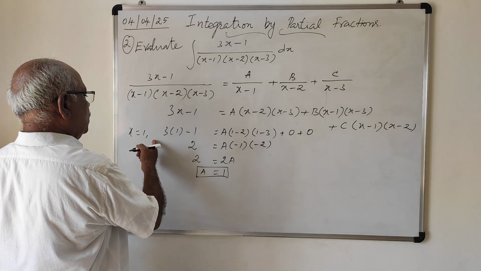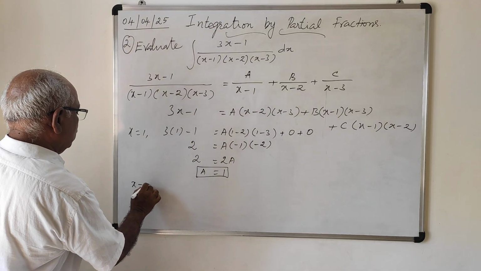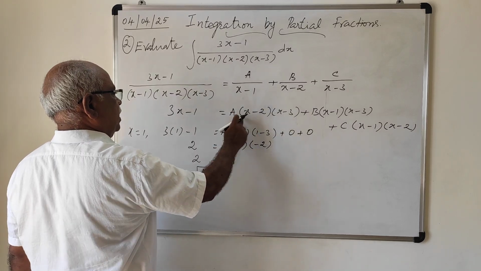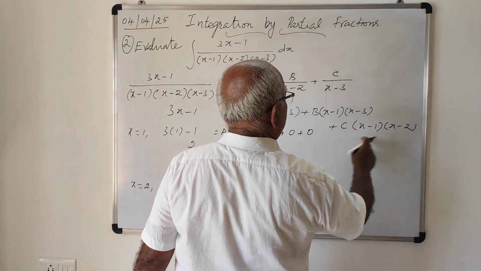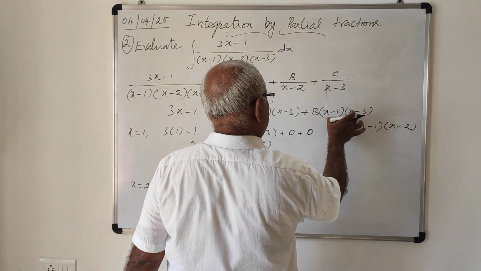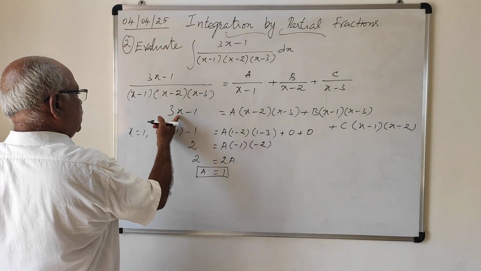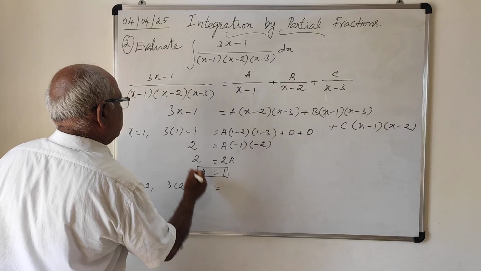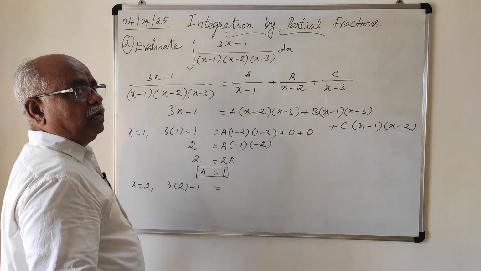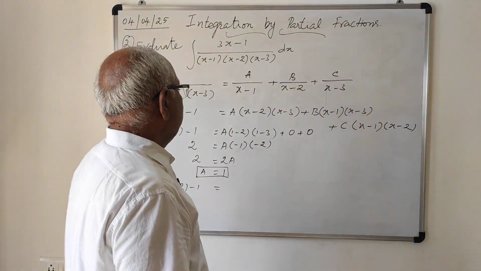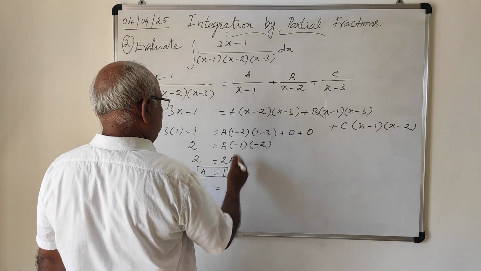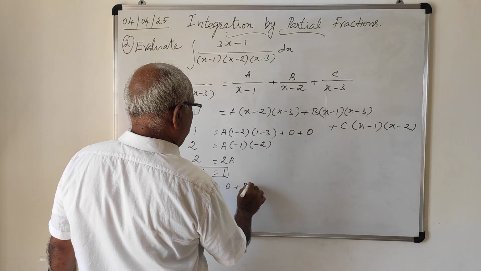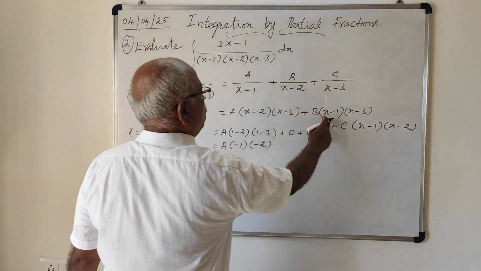Similarly, substituting x equal to 2, the term a becomes 0 because 2 minus 2 is 0, and the term c is also 0, so you will get only the b value. So if you put x equal to 2, 3 into 2 minus 1 equals a into 0, plus b into 2 minus 1